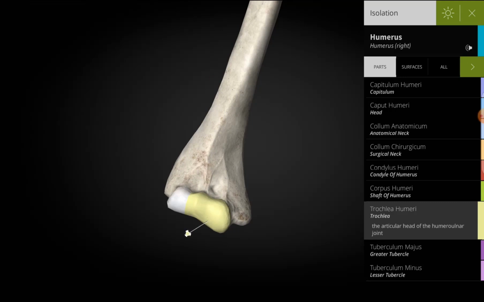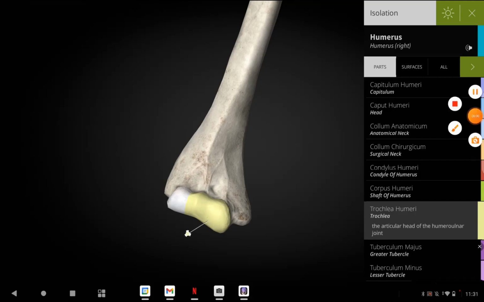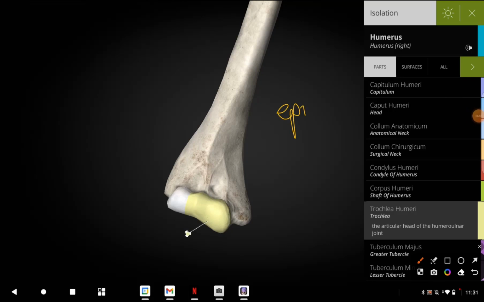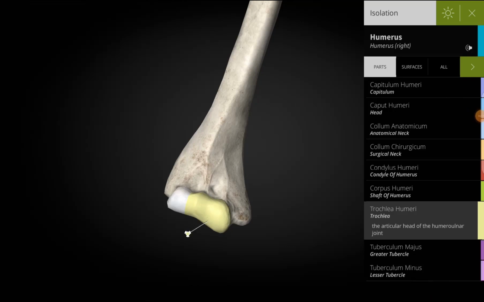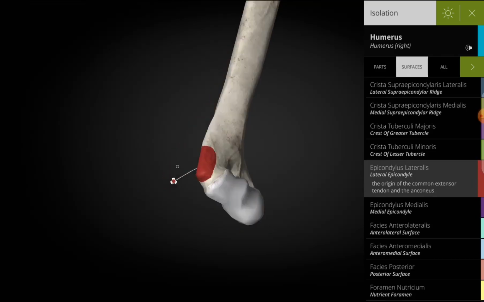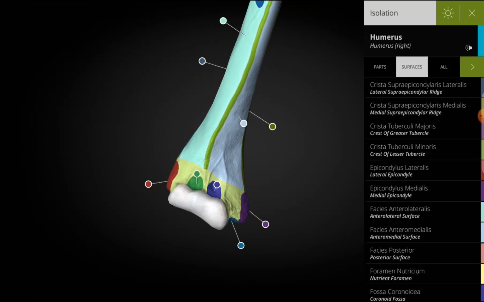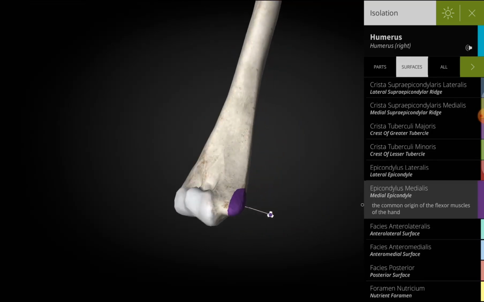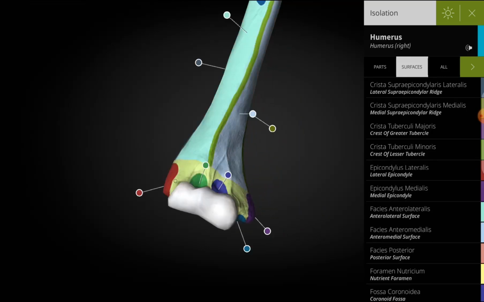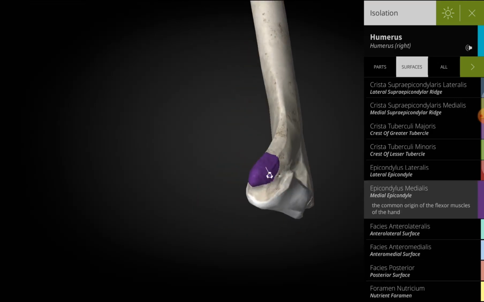There are also structures located above the condyles, and in Latin, when something is situated above something else, we usually use the prefix epi, which is why these are called epicondyles. There is a smaller, more laterally positioned epicondyle called the epicondylus lateralis, and a larger, more medially positioned one called the epicondylus medialis. So there is a more lateral epicondylus lateralis, marked here in red and purple, and the larger,